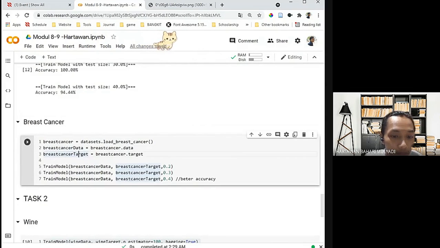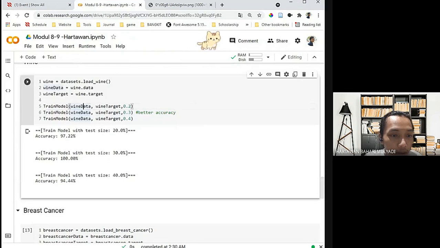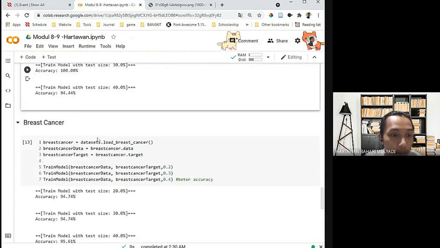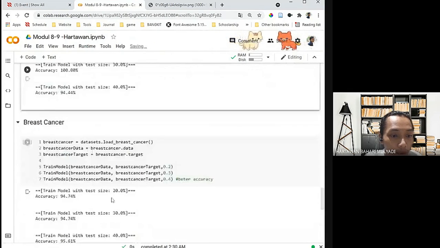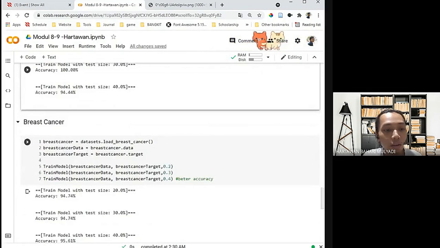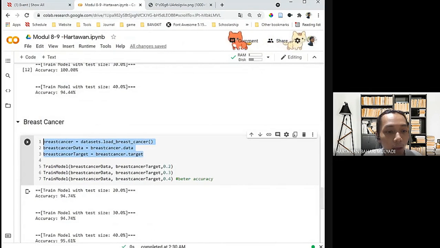Okay, we change the dataset from wine to breast cancer. You can see here I load the dataset again, and next we run it using different input for the data and target, using breast cancer.